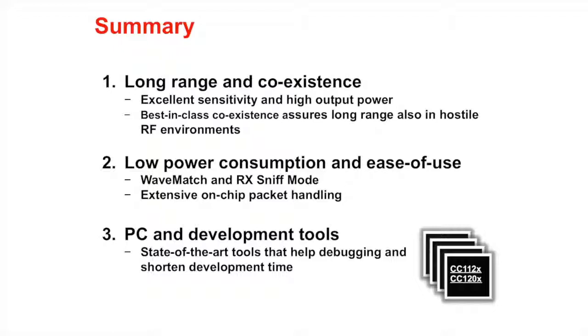In this presentation, we have discussed how the performance line from TI will ensure long RF range by offering excellent sensitivity and output power as well as coexistence capabilities. This ensures a robust solution that will be able to handle a future where we see a lot more RF products being used. New features like wave match and sniff mode make it possible to greatly reduce the power consumption without compromising RF performance. The on-chip packet handling is also contributing to lower system power consumption and is in addition making it easier to design an RF